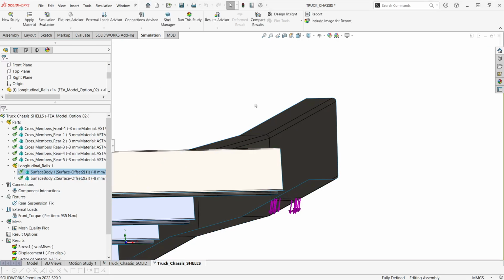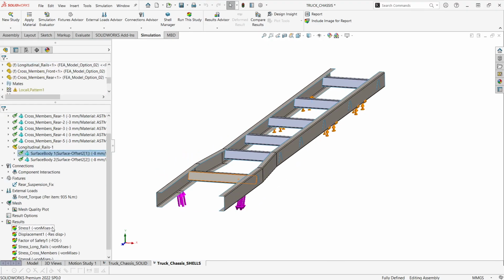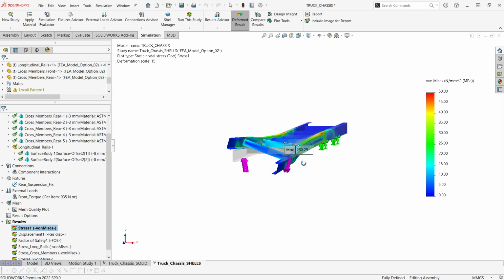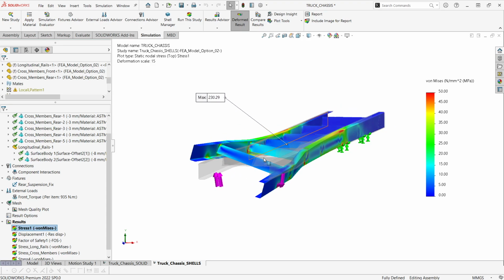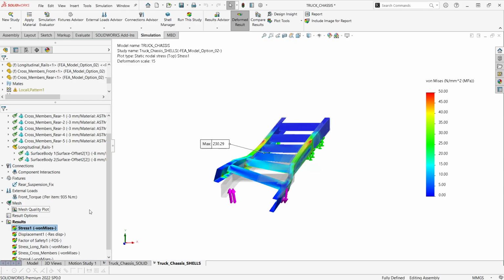Let's see the simulation results that we obtain by using shell elements. I go to the stress plot and solve. Okay, looking at the global behavior, we can see very similar behavior. We have exactly the same definition, the same constraints, and the same load. If we have a look at the results,